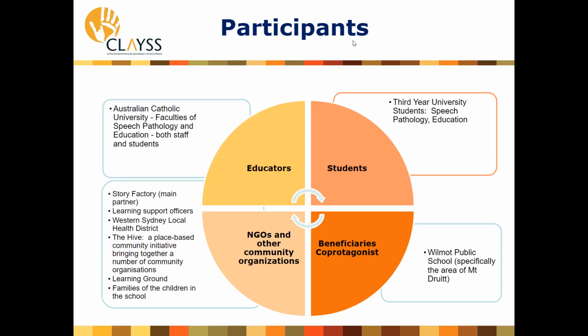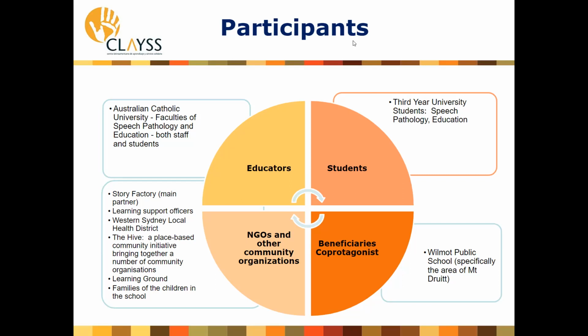And Caroline, did you want to talk about some of the others on the list briefly? Yeah, just briefly. So Wilmot Public School actually means a primary school or an elementary school, depending on where you're coming from. We call them public schools. So early years, so kindergarten up to age 12 that we'd be focusing on. And yes, the key protagonists, I suppose, as part of this project would be some of the staff within the school, possibly Western Sydney Local Health District, who actually have a clinic locally. We thought that would be great to connect with them. They do have speech therapists.